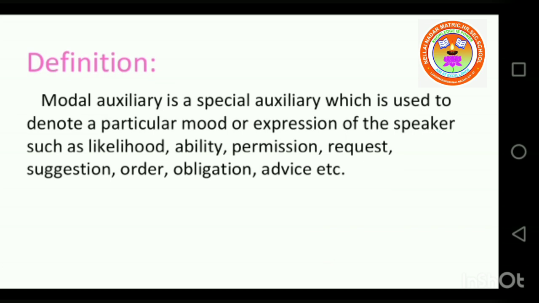Modal auxiliary is a special auxiliary which is used to denote a particular mood or expression of the speaker, such as likelihood, ability, permission, request, suggestion, order, obligation, advice, etc. So, my dear students,